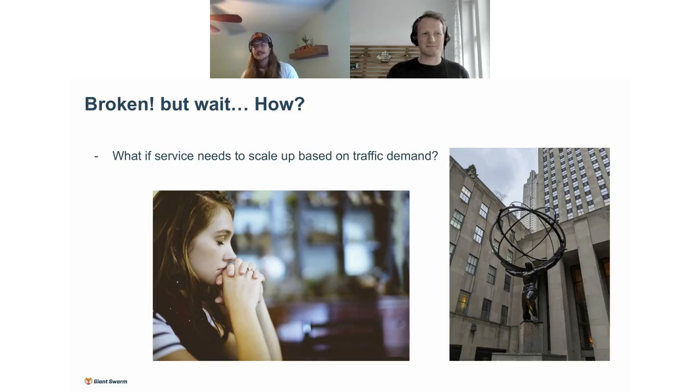And then the last way is, let's say this service has to scale up based on traffic demand. So what if we had a huge sale that started 1 minute to another minute, huge traffic spike, right? If we have a 10-minute startup time, even if we have our scaling configured, even if we're ready to go, we still have to wait for this to actually scale up, to actually start, for that readiness probe to finish, and for Kubernetes to say, hey, now I can start sending you traffic.